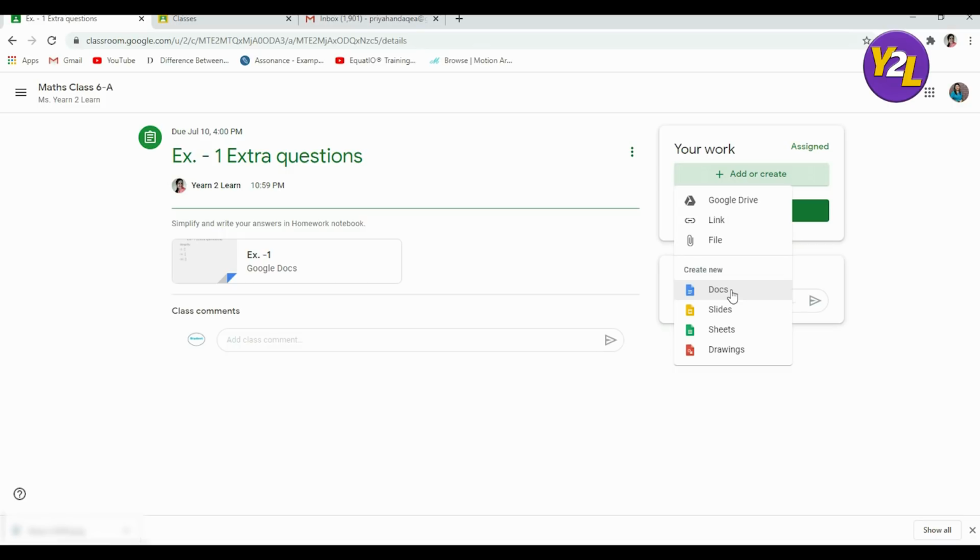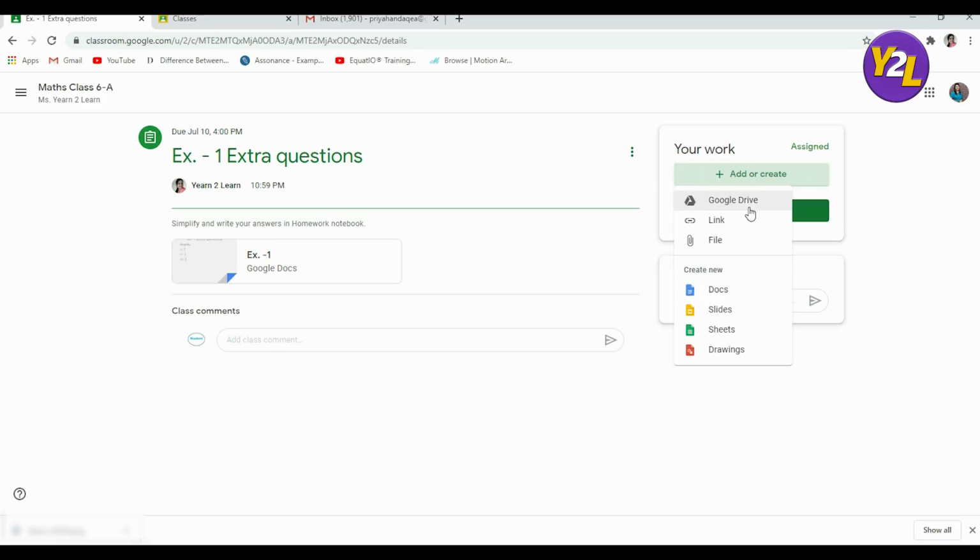and typing it. Now since it was maths work and you were told by the teacher to do it in the homework, see, simplify and write your answers in homework notebook. What you can do is after doing your work, you can either click a picture, clear picture of the work, or you can scan that page where you have done your homework. Now if you are using your phone, you can save it in Google Drive or you can email it to yourself or you can save it on any location in your computer.